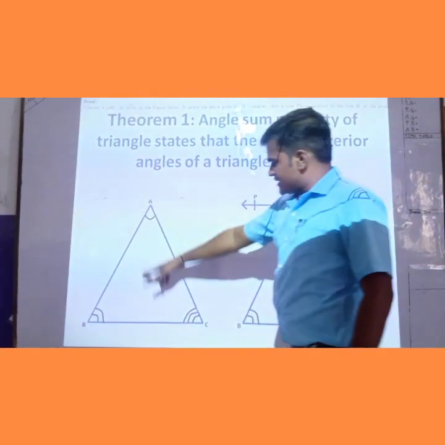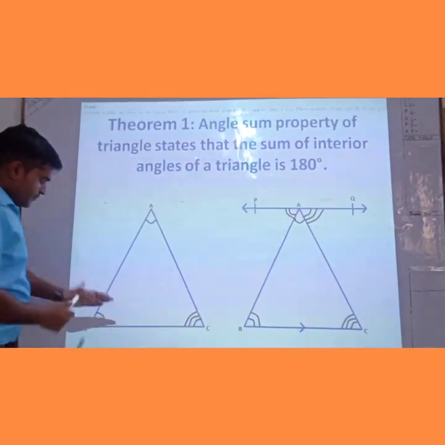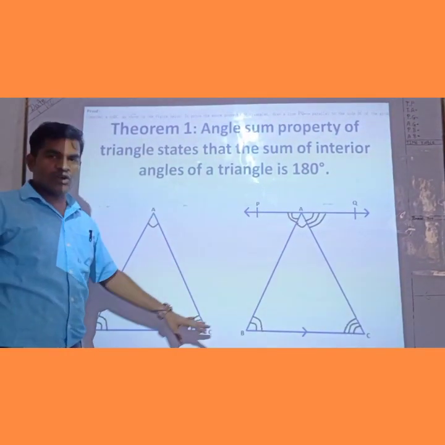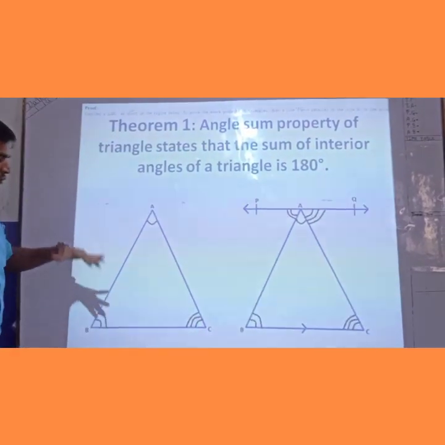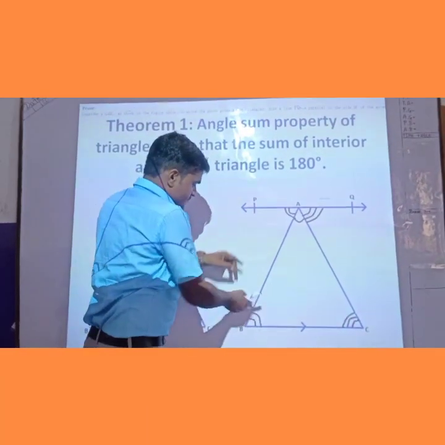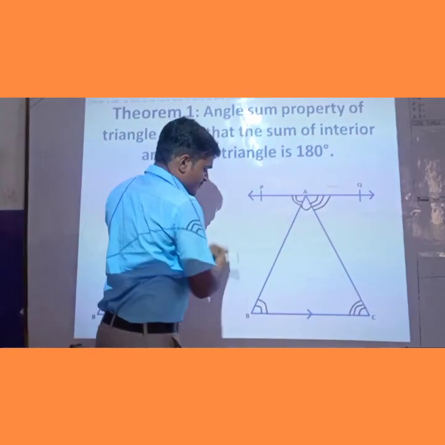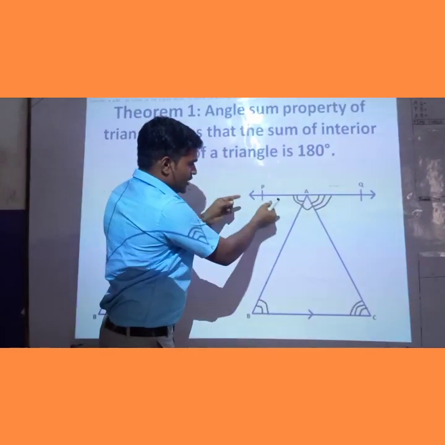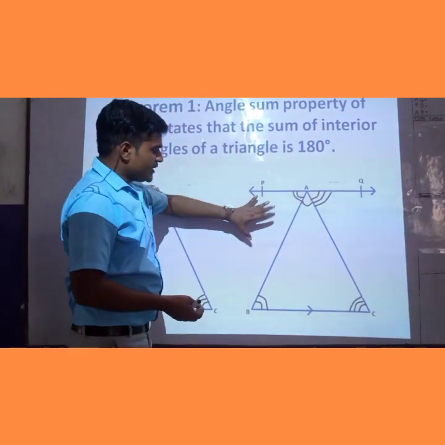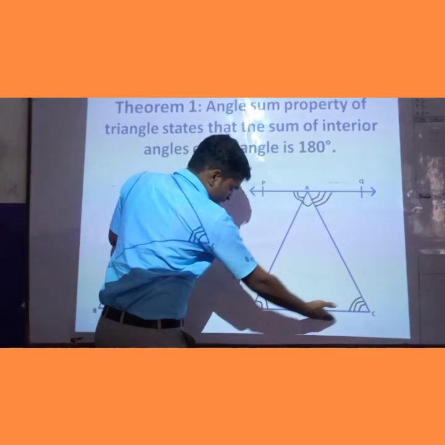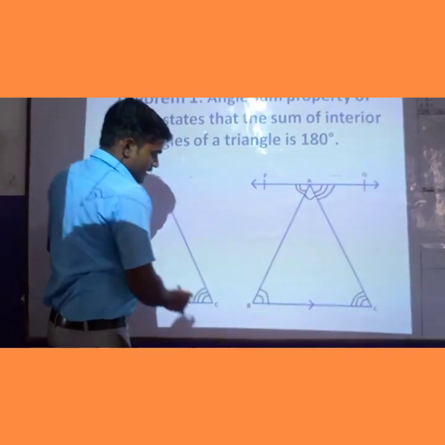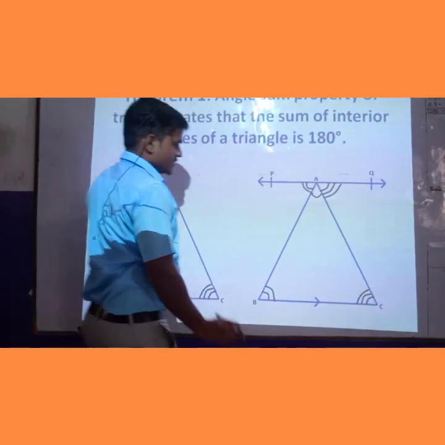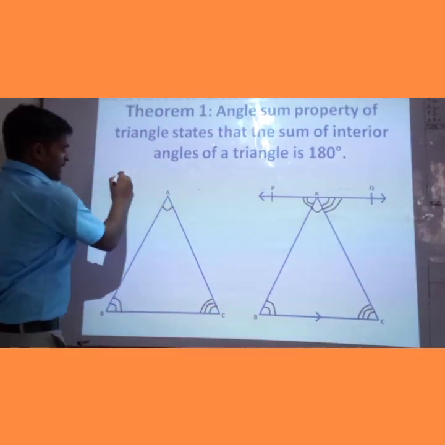A triangle ABC is given. We have to prove that angle A plus angle B plus angle C is equal to 180 degrees. So children, we draw a parallel line PQ which is parallel to BC. When we draw a line PQ parallel to BC, AB is a transversal and AC is also a transversal. So children, you have to write there: